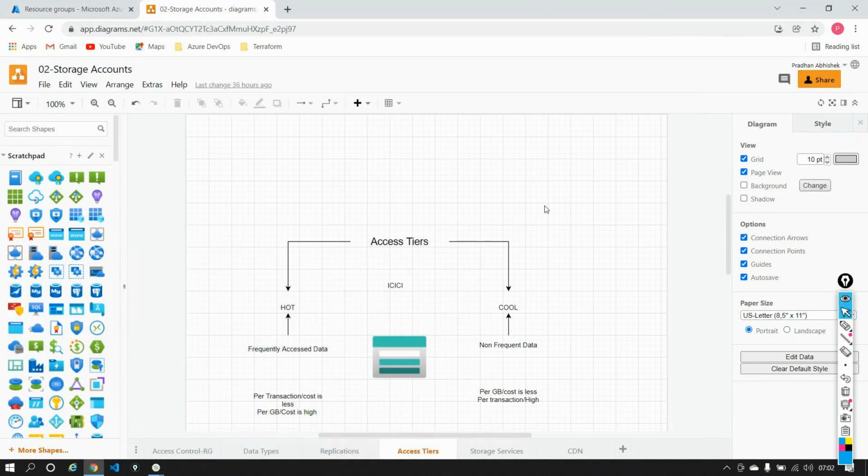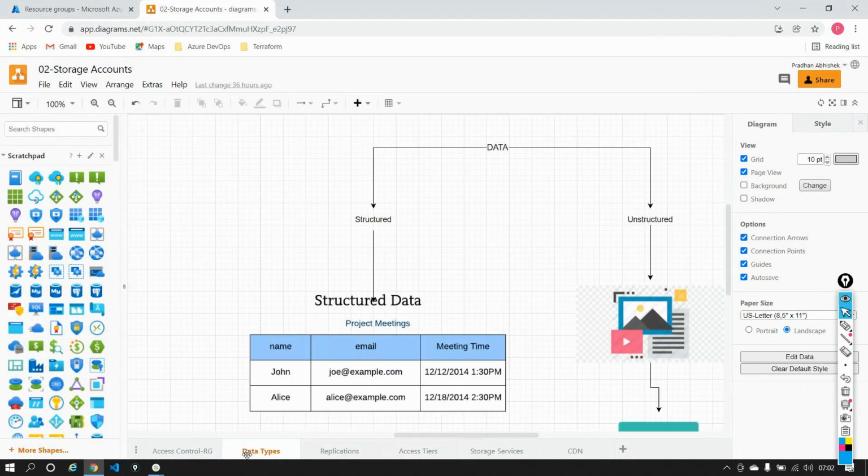Okay, great. So what we were discussing yesterday is that we started out with a service called a storage account. A storage account is a service especially used to handle data that is unstructured in nature, right?